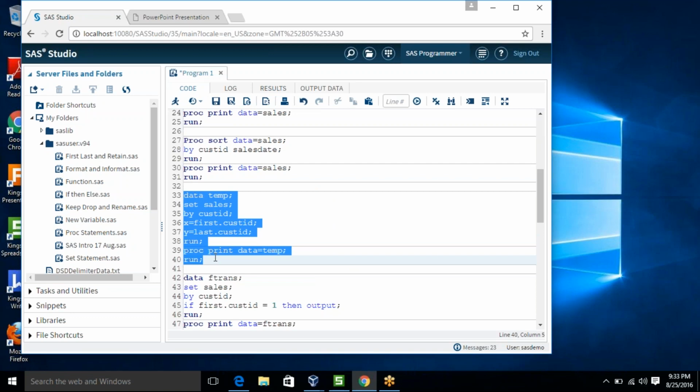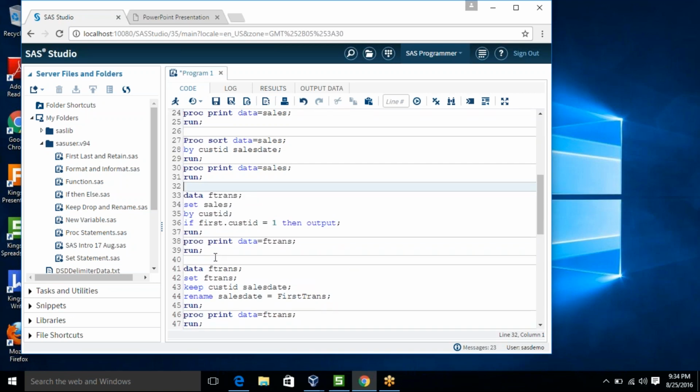I'm just removing, I just created for your reference. Okay, so using this one we got our first transaction date. In this case I am interested only in the customer ID and sales date. Maybe you can keep other variables also, but they are not required for analysis, so I am just removing them. I am using the keep statement here to keep only two variables,